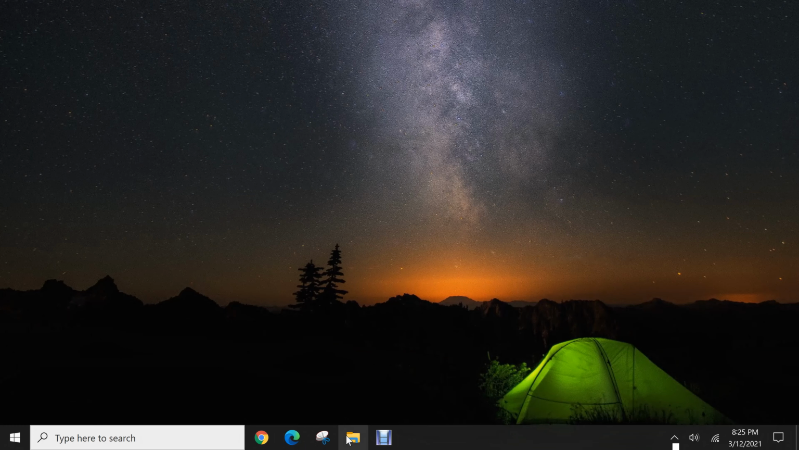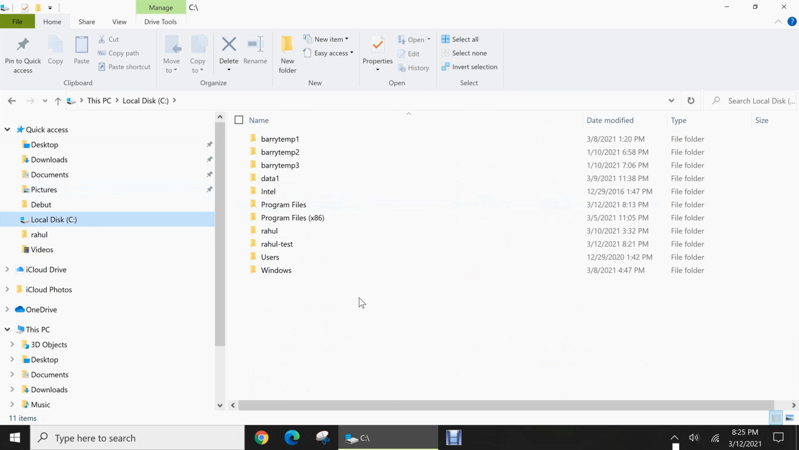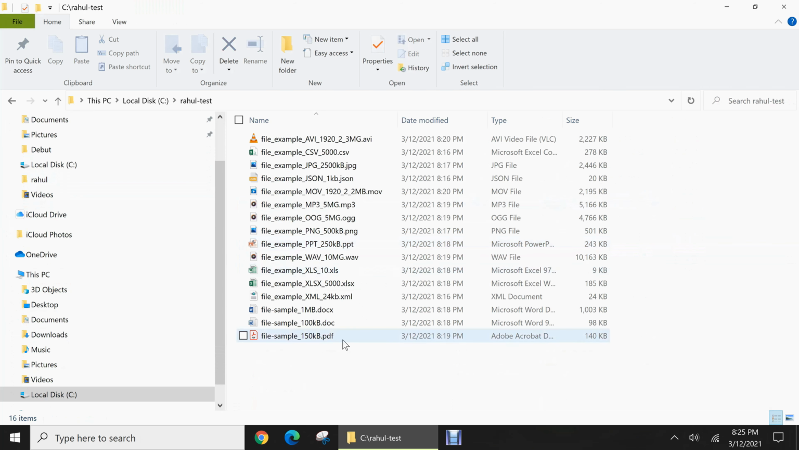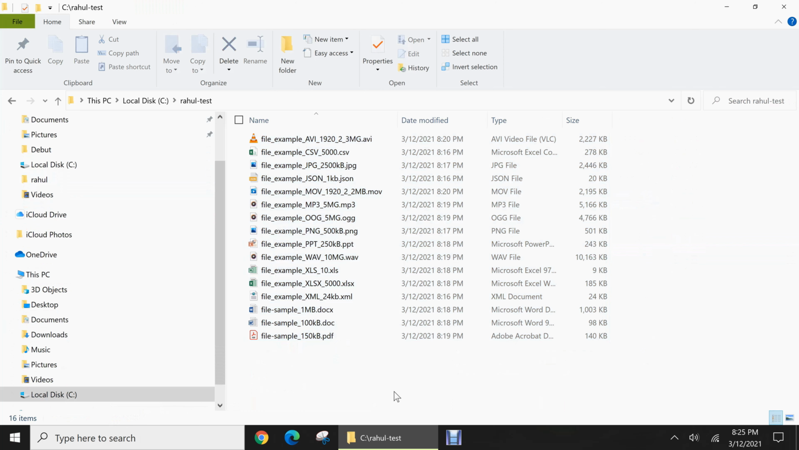I'm going to go ahead and open File Explorer and navigate to the C drive on my PC. And for the purposes of this video, I've created a sample folder called Rahul-test. Inside of it, you'll see there are 16 files totaling 28.7 megabytes in size. And these files all have a variety of file sizes as well as file types. Now I'm going to use the 7-zip software to take all of these files and then compress them into one